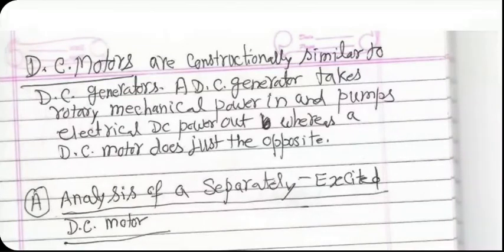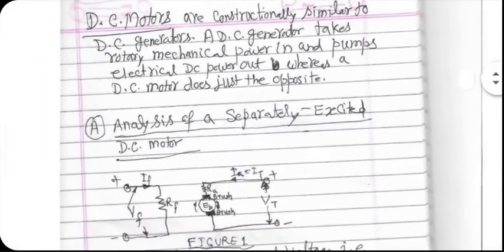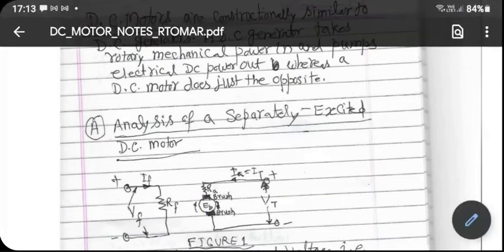And the methods of connecting field winding to armature winding are also either the separately excited case or the self-excited case. And under the self-excited category, again, there is a shunt excited category, series excited category, and compound excited category. Classification is exactly what it was for DC generators. However, the analysis will be slightly different now. Even the equivalent circuit may have to be drawn slightly differently in case of motors for each of the field winding connections.